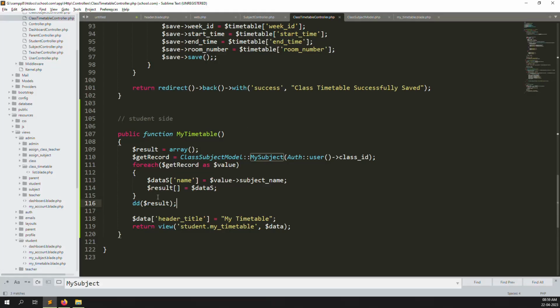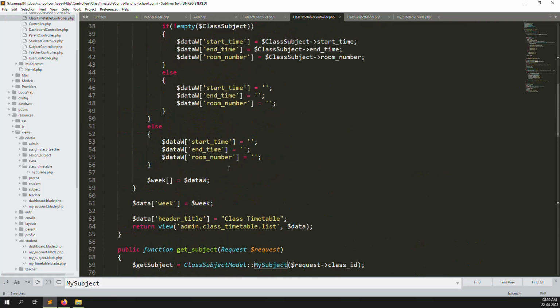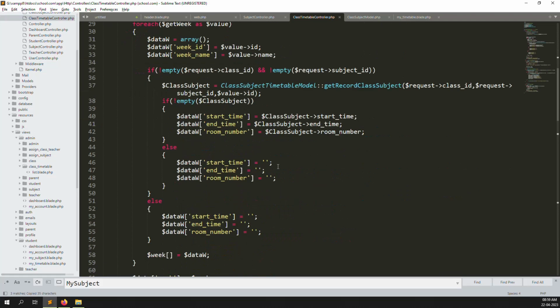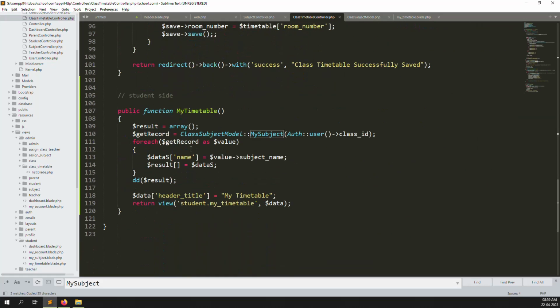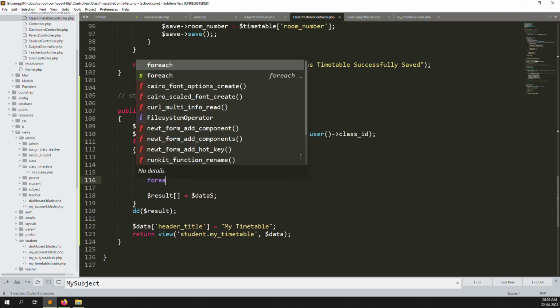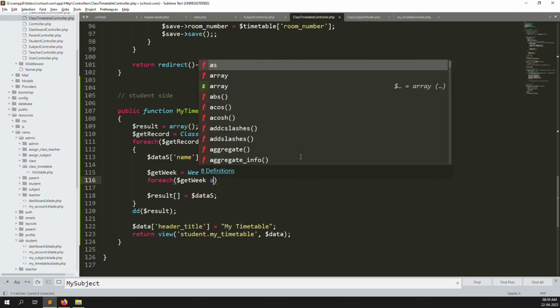So we need to make another query here. So before we make a query, we need to provide a get week. So we also need week. You can go inside and make get weeks. Here you also make a for each loop as a,